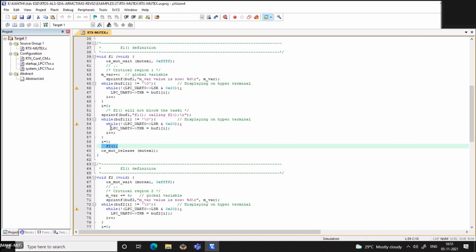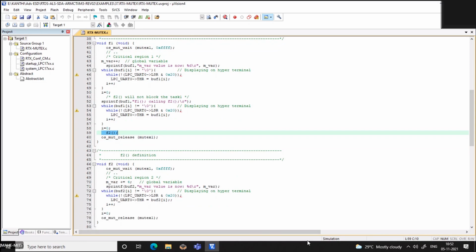Suppose process 2 also calls F2, but look at the first statement, it is waiting for this. Since this is not yet released by process 1, both cannot enter.